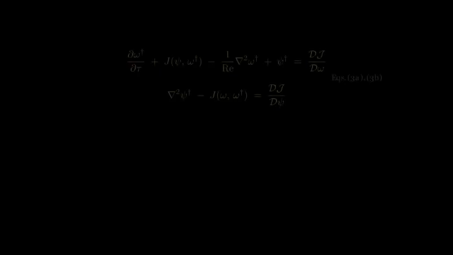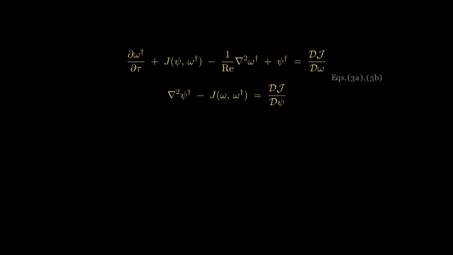Look at how much of this you already recognize. There is the same bracket, now acting on a new field, omega dagger. There is the same viscous term with the same Reynolds number. The genuinely new things are 3. Tau is time running backwards from the end of the observation window towards the start. This solve marches from the future into the past. Omega dagger is the field it returns, the adjoint vorticity.